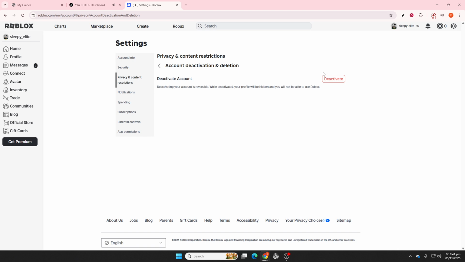If your goal is to permanently deactivate, or in other words, delete your Roblox account, this requires getting in touch with Roblox support directly. Begin by visiting the Roblox support page on their website. You'll need to fill out a form with some key information: your name, email address linked to the account, and